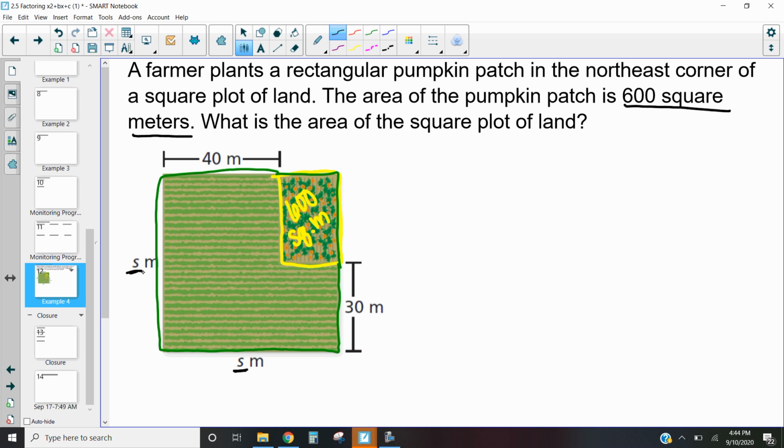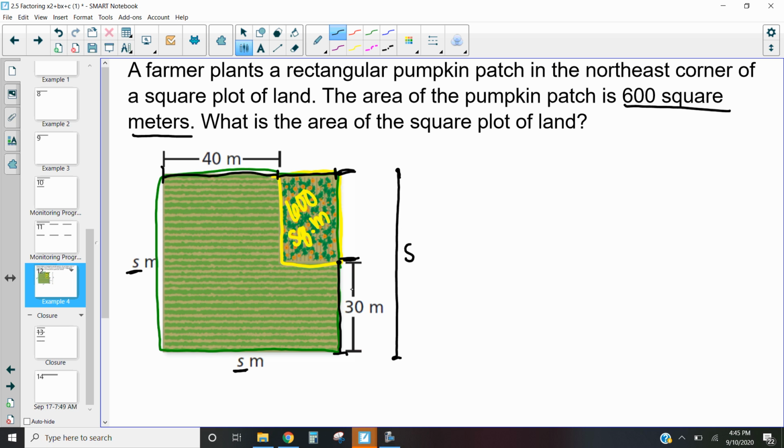What is that dimension for the square of our plot of land here? And so how I'm going to do that is I have measured, or it has been measured, that from the end of the pumpkin patch to the end of the property is 30 meters on the east side, and it's going to be 40 meters on the north side. Now, what I want to know is what are the dimensions of my pumpkin patch? And I can figure this out pretty easily. If the whole plot of land, from the pumpkin patch all the way until the end of the property, is S, and the